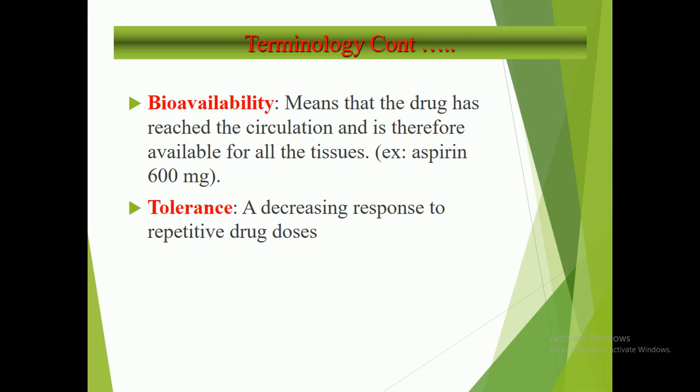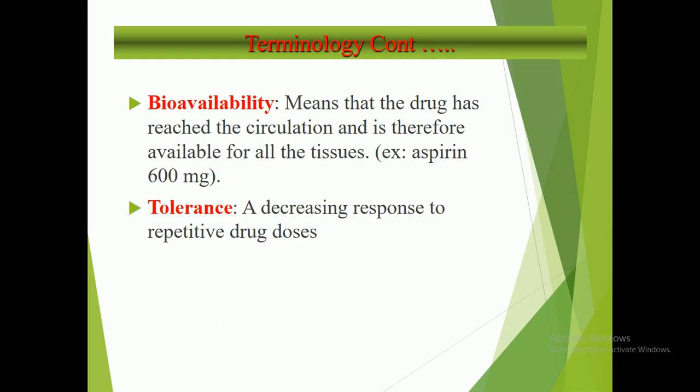As we know, aspirin is available in 600 milligram, and we can say that the bioavailability of this aspirin is 50%. It means that 50%, or you can say 300 milligram of the drug, is available in your bloodstream,